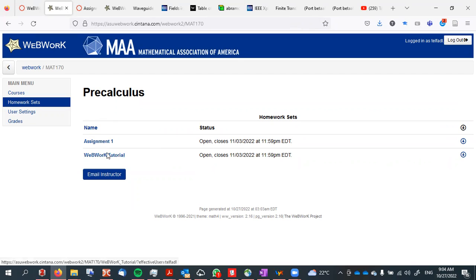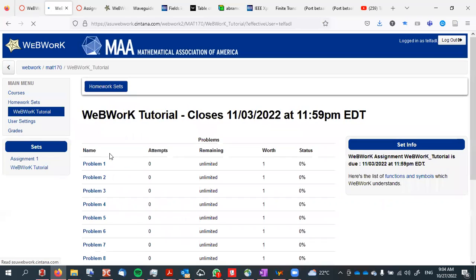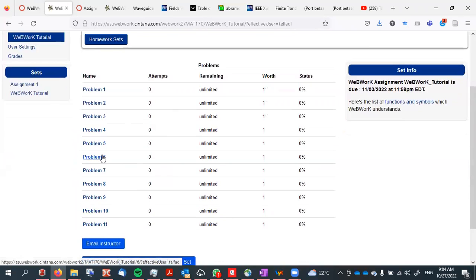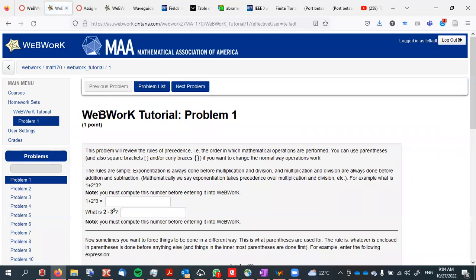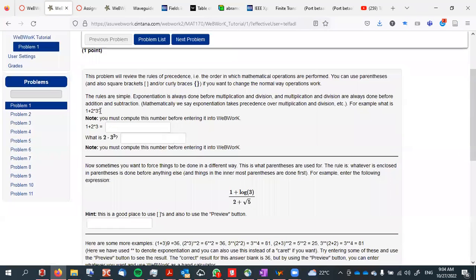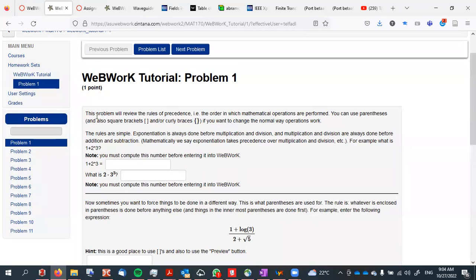If we want to go to the one on the tutorial on WeBWorK, this is just an introduction to WeBWorK. It contains a number of problems, around 11 problems. If you want to answer any of these problems, just click on the problem and read the instructions. Here's the first problem. It says this problem will review the rules of precedence, which means the order